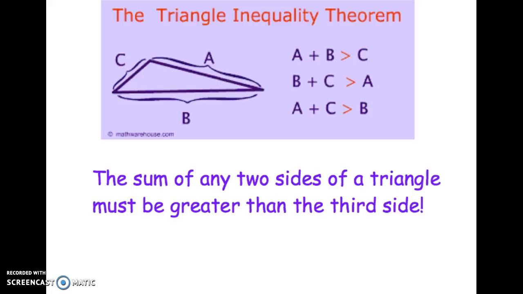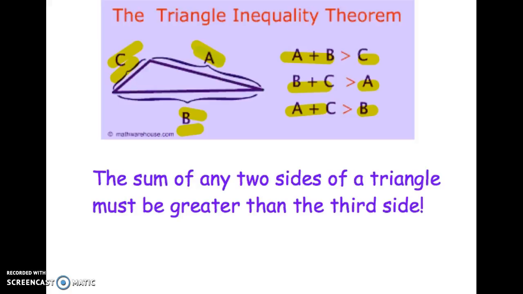So here's what the triangle inequality theorem states. It says if you have any three sides of a triangle, no matter what they are, call them A, B, and C, A and B, their lengths have to add up to be greater than C. Same, B and C must add up to be greater than A. And then A and C must add up to be greater than B. So basically, in short, it says the sum of any two sides of a triangle must be greater than the